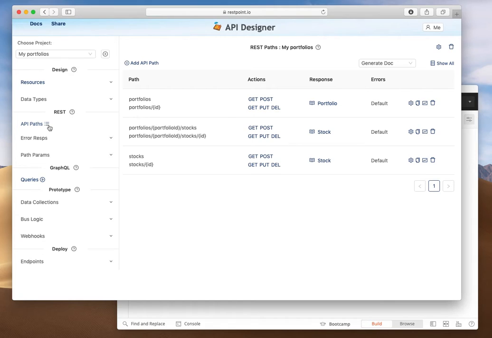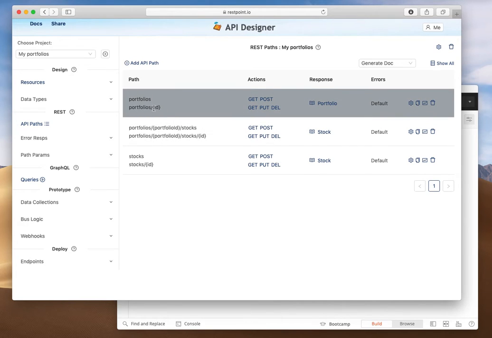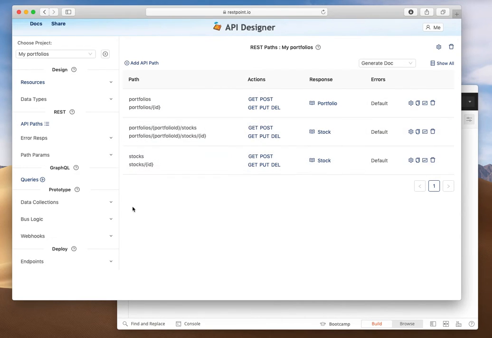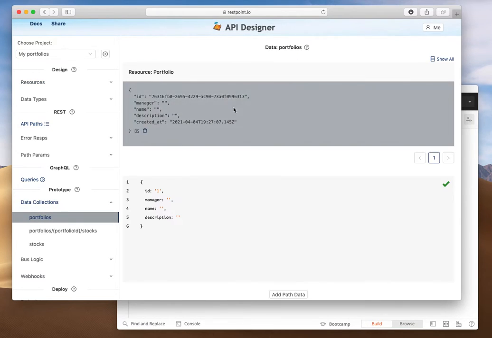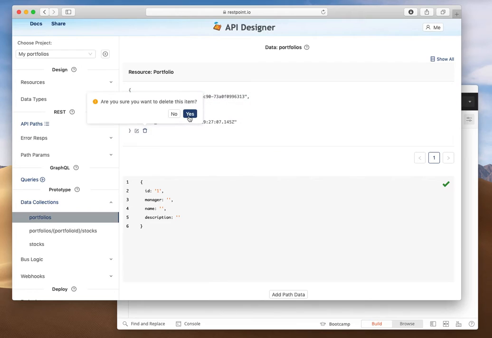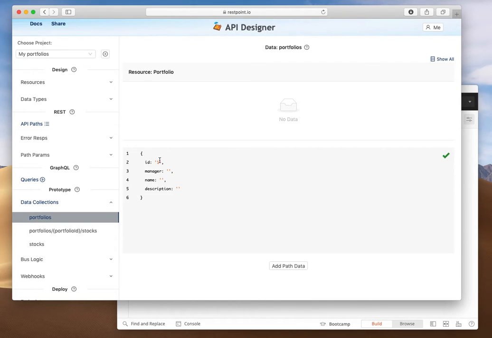So we now have our paths, we have some resources. What's done underneath is we've already created a database to store example portfolios so that we can do CRUD, post, delete. You'll see that is managed all in the collection. So if I click on portfolios, you'll see there's my list, and I'm going to delete that example one that was given, and I'm going to use my own ID, a simple ID of 1, and I'm going to call this John Doe is a manager, and I'm going to call this tech stocks,